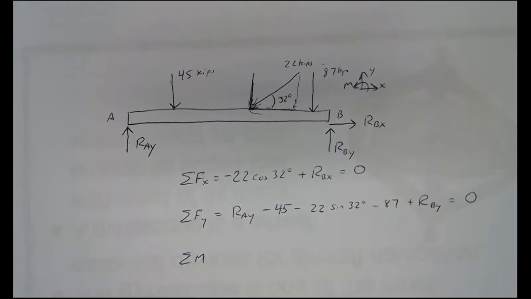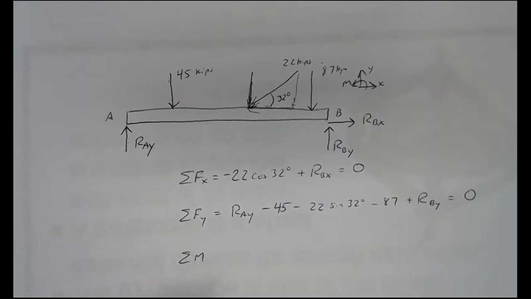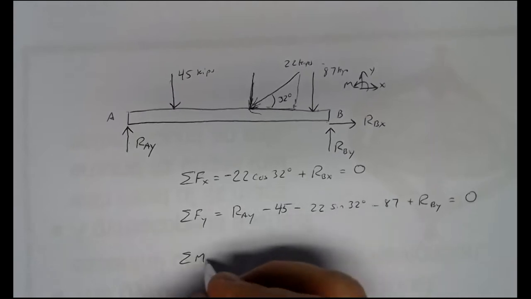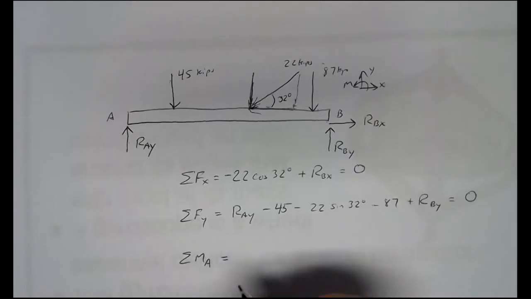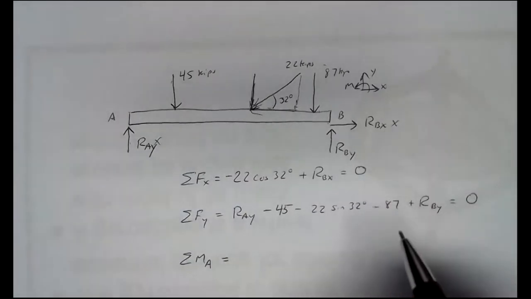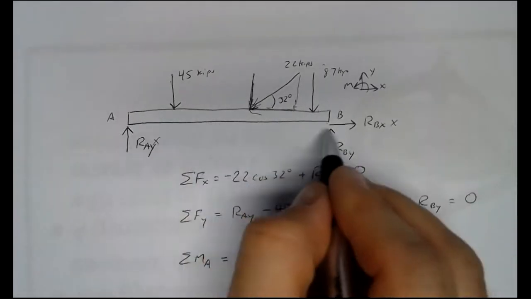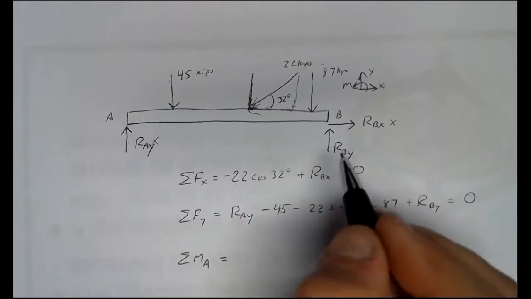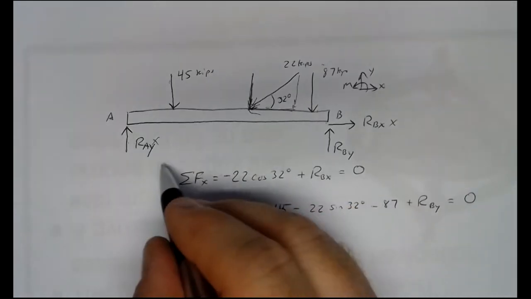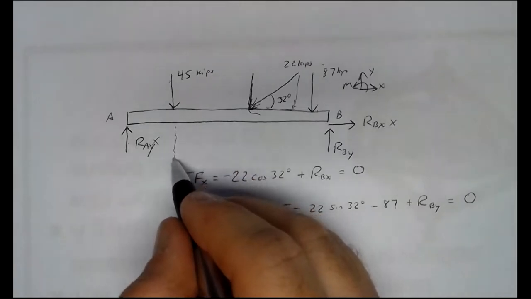Now that one we can't solve right away because we don't have RAY and RBY. So we're going to have to rely on getting one of those from our moment equation. As far as the moment equation goes, if we take our traditional pivot point around A, then nothing from RAY, nothing from RBX either, because the line of action of RBX goes right through A. We will pick up RBY, and RBY will have an arm of 14 feet,